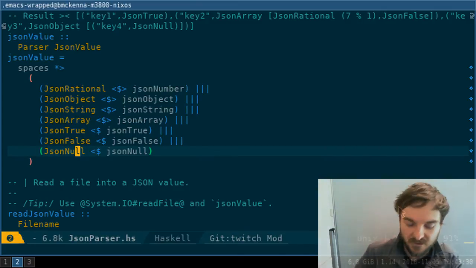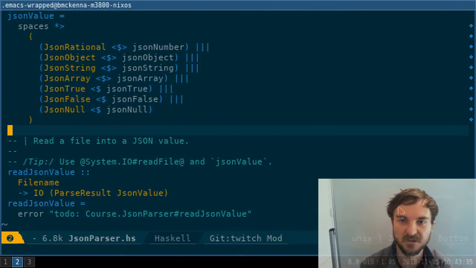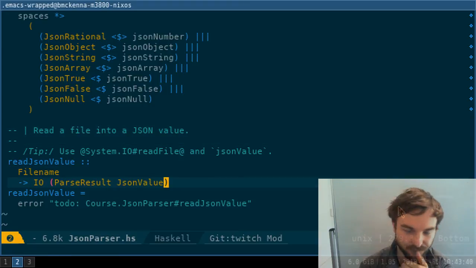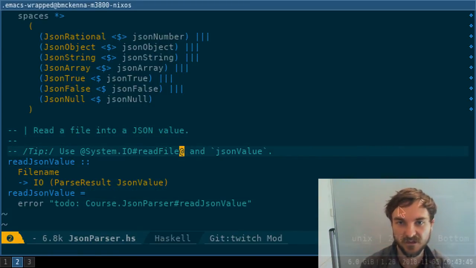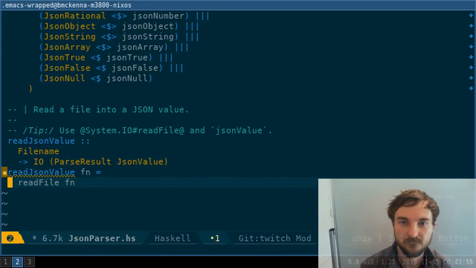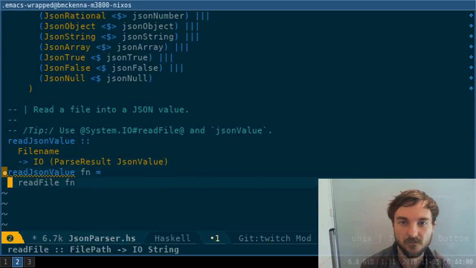Okay, so that's our JSON parser. It parses any JSON string. Now there's one last function that we need to implement before I finish, which is to read a file into a JSON value. So we've got this read file in IO. Given a file name, read the file. And then we're going to parse it. So we're going to use our monad